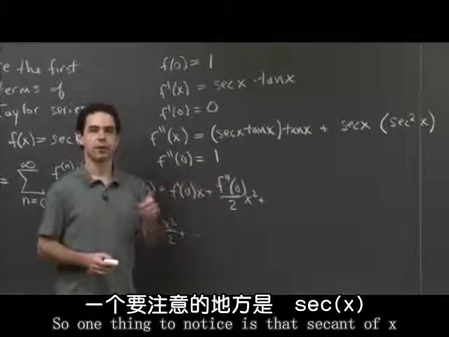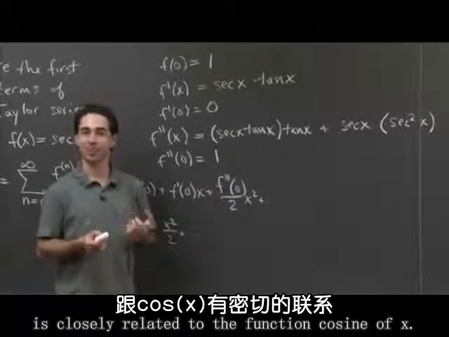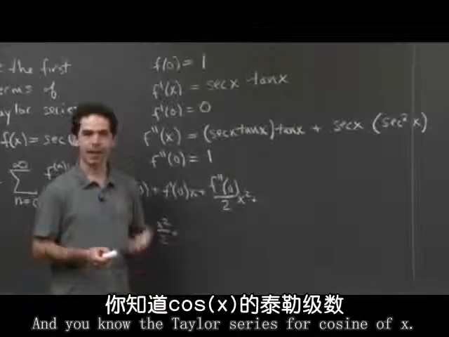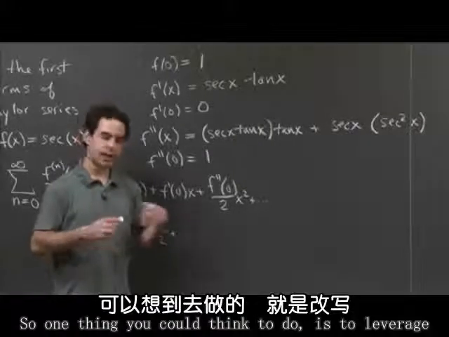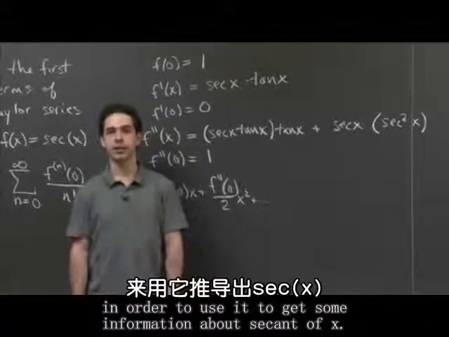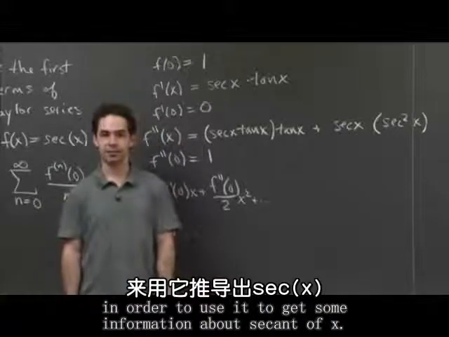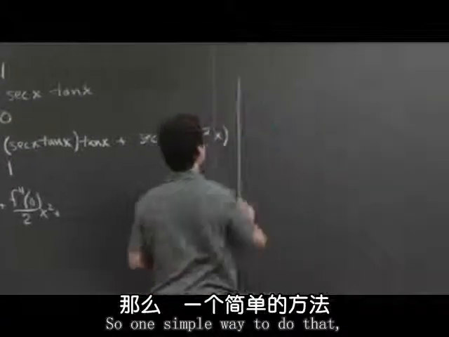So one thing to notice is that secant of x is closely related to the function cosine of x. And you know the Taylor series for cosine of x. So one thing you could think to do is to leverage the information that you have about cosine of x in order to use it to get some information about secant of x. So one simple way to do that is that you know